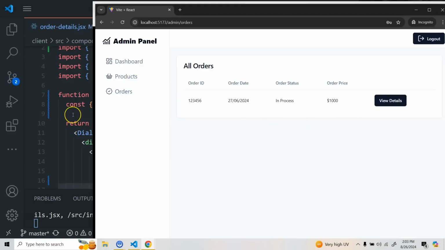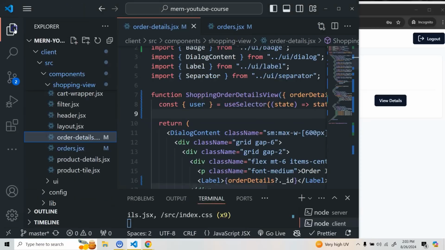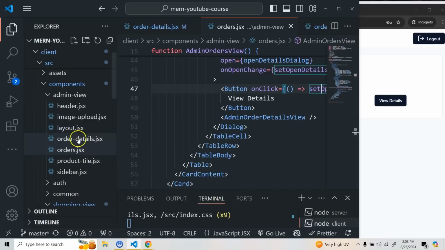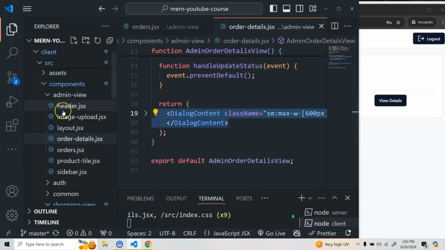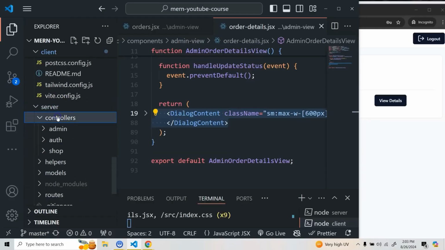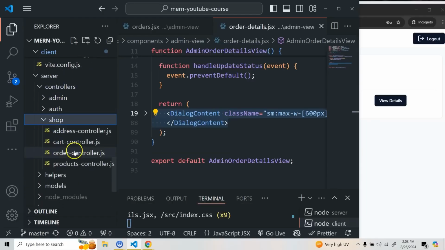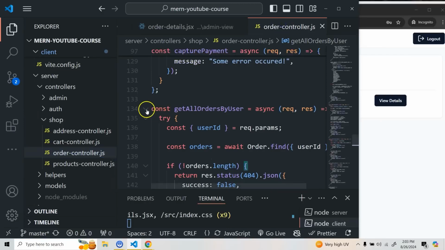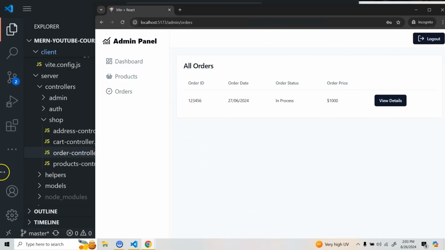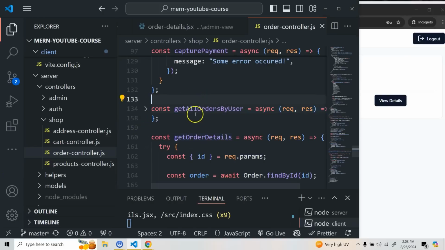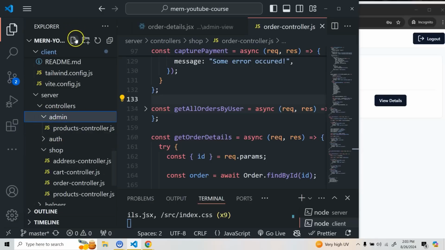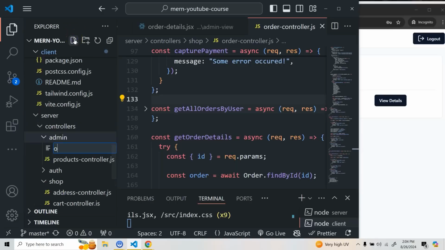So here also we need to do the same things that whatever we have done in the admin view, correct? So let's go to the admin view. We'll go to orders and we'll go to the order details. Now for the admin view, we'll create the same controller, but we will manage it in our admin part. So here we have this order controller where we are getting get all order by user. If you noticed here, for admin view we'll be getting all the orders from all the users. So that will be the only difference. So let's go to our admin view, and I'm going to create one more, which will be order